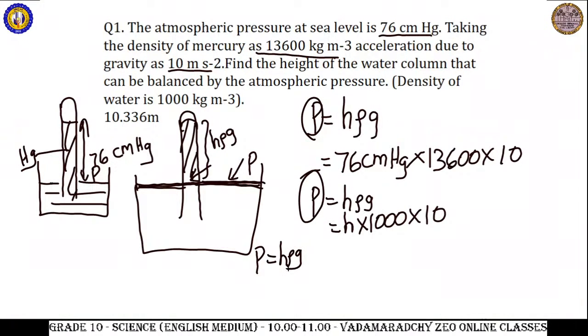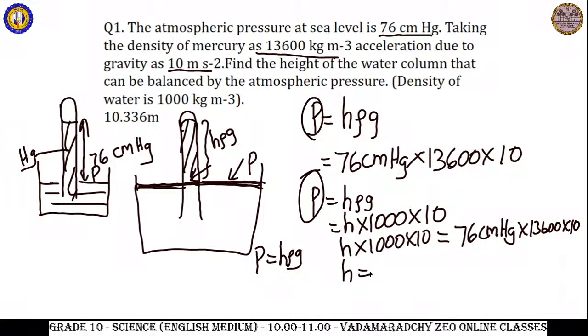In both scenarios, atmospheric pressure is the same, so we can write H into 1000 into 10 is equal to 76 centimeter mercury into 13,600 into 10. If we simplify this, we get H is equal to